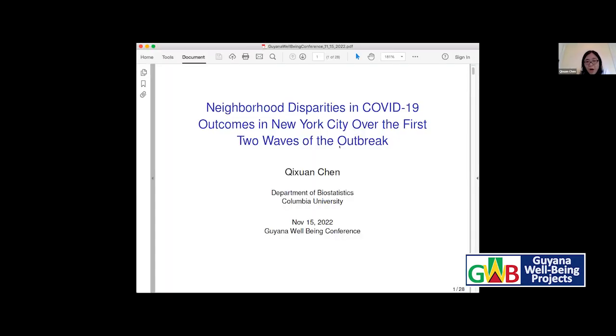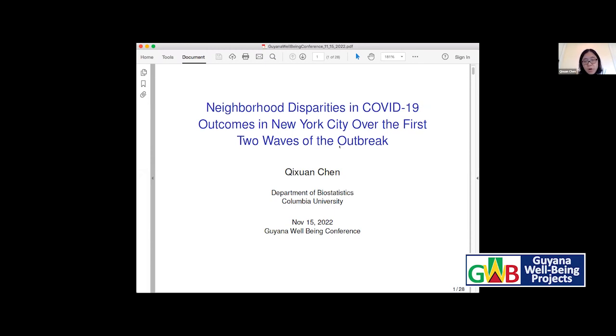So I will stop sharing. The reason I presented this dashboard is because the work I'm going to talk about today is based on the data from this dashboard. We collected the data, and based on this data, we found a lot of important information, and we think some important analysis can be conducted too. That's why, although I'm a statistician, this practice really helped me understand the epidemiology better, especially for the COVID pandemic. So now I will get back to my talk.